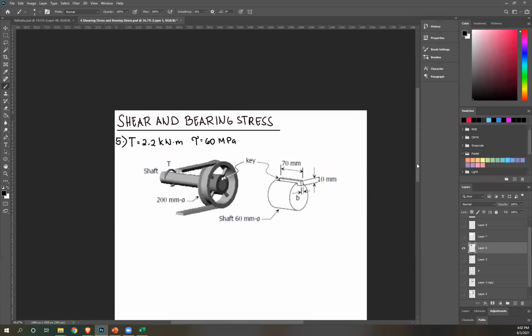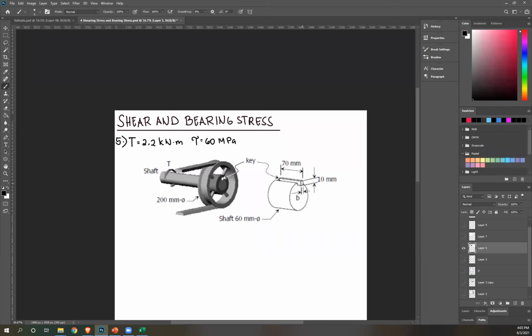Okay. So first of all, let's analyze what's happening. We have this key right here. We have to determine what kind of stress it is experiencing. We already have a clue. Since we're given your shearing stress, most likely this key is experiencing shear stress. More specifically, it's going to experience shear here. Why? Because this shaft is rotating. The tendency of the shaft is to move this way. Because of that, it's going to create